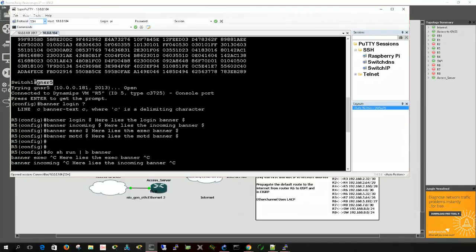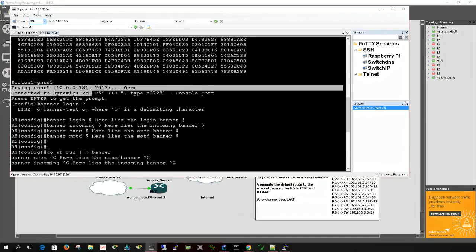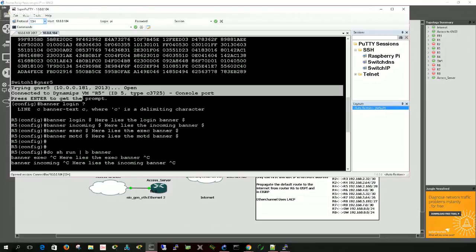And if you type in executable mode and enable mode, if you just type in any name, it is going to try and telnet to it by default, unless you configure it elsewhere to do something else. But this is what it's going to do by default, and that's why you see the trying here. You see the IP address result because this was defined in the host file, 203. It says it's open. It connects to it, right? And it says the console port, and I press enter to get the prompt, right? I hadn't logged in yet, and what happened was,